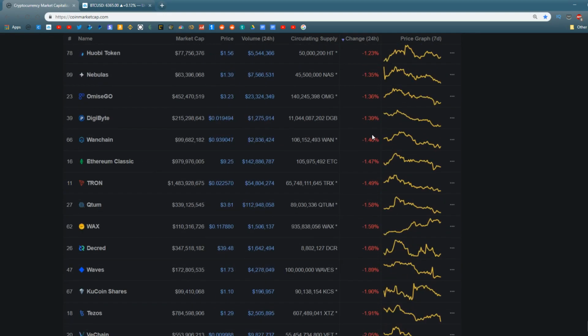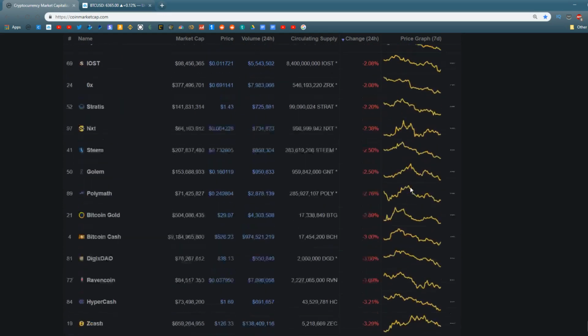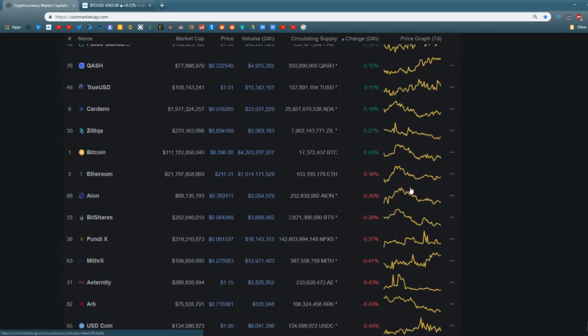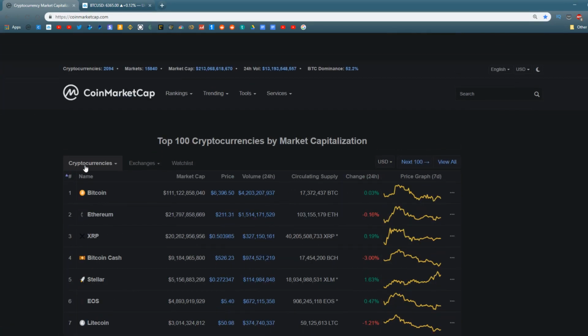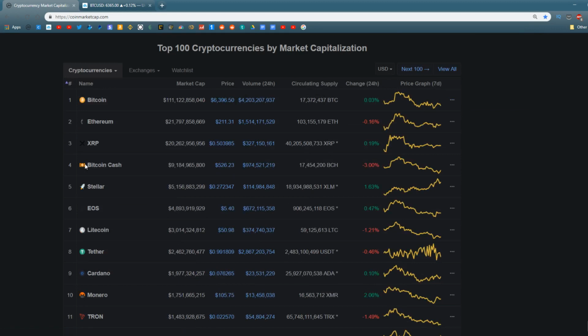the altcoin market is more red than it is green. Not exactly a great day for the altcoin market, but then again, we want to mainly focus on what's going on in the top 10, because those top 10 cryptocurrencies control something like 90% of market capitalization, and many of them are green. We do see about half of the top 10 altcoins and cryptocurrencies in the green, including Stellar,